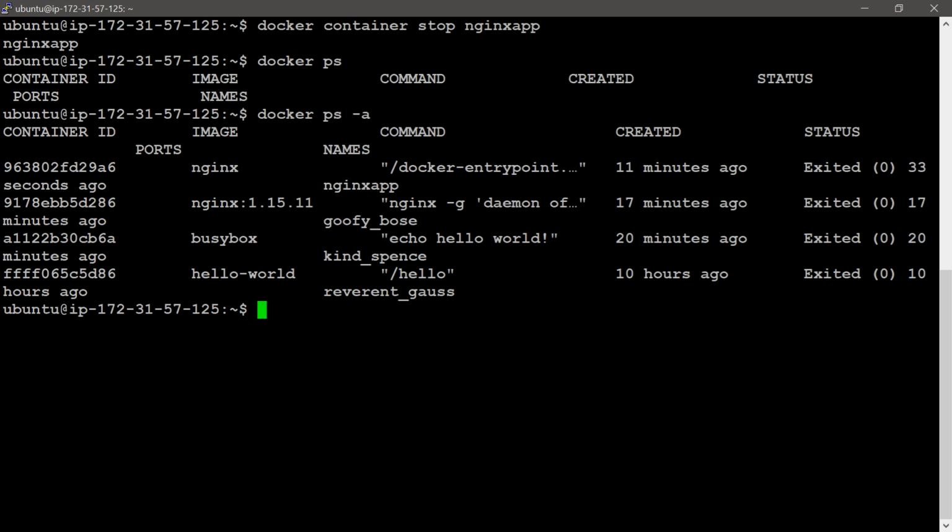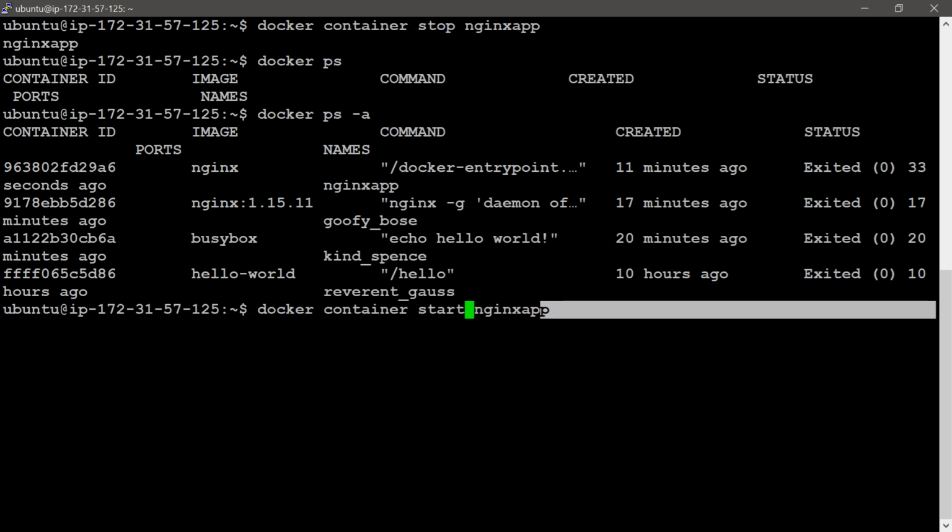Now I am going to start this container manually. For this I am using the same command, and instead of stop I will give start. Docker container start container name. You can use the container id also. Anything you can use.